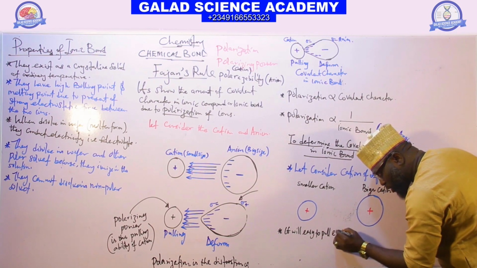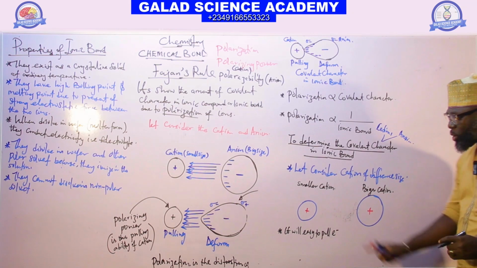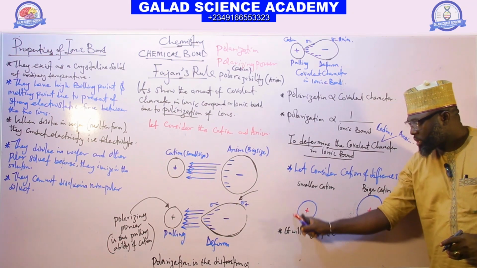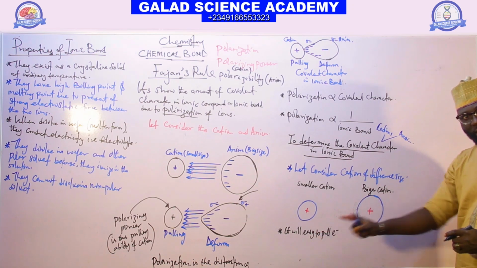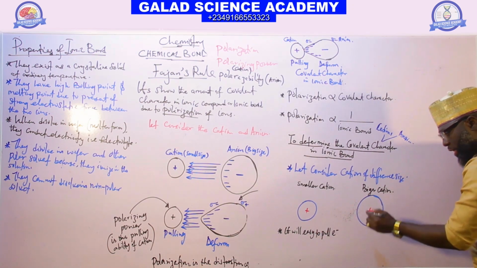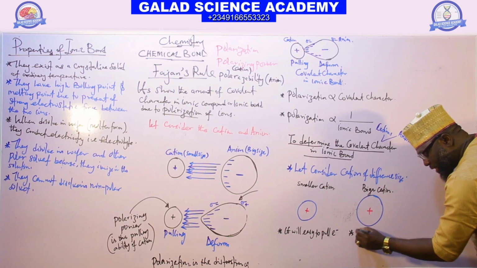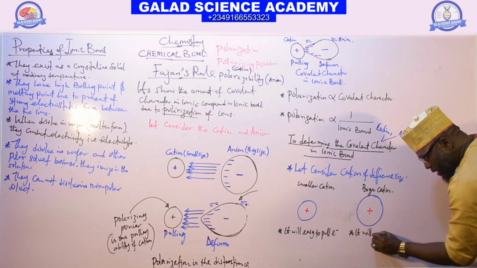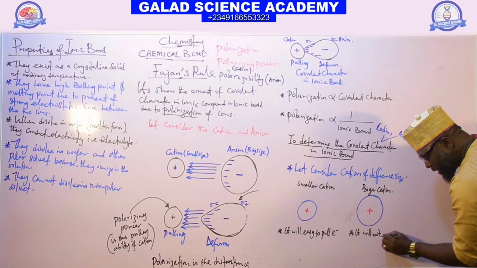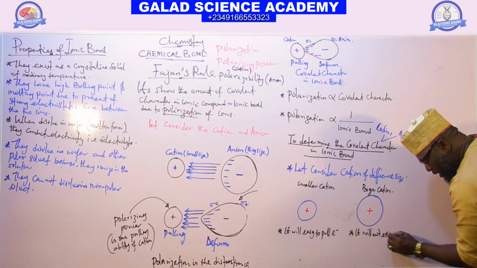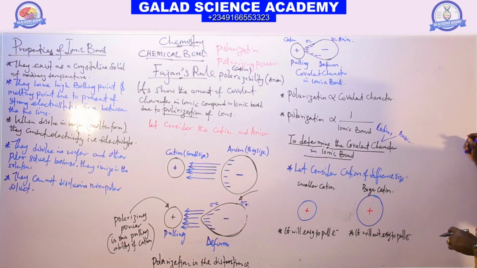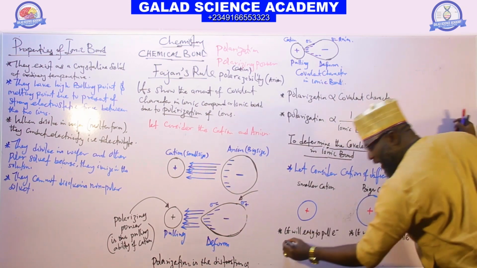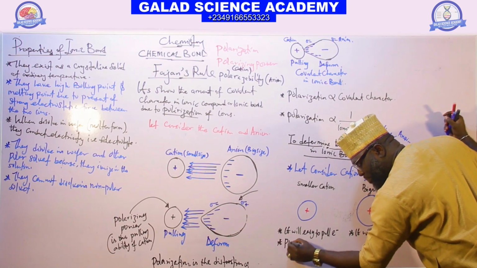It will be easy for this one to pull electron because of its small size. So here, it will not be easy to pull electron. As a result of that, polarizing